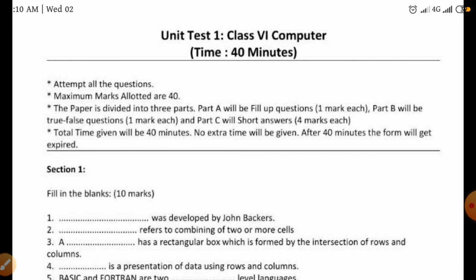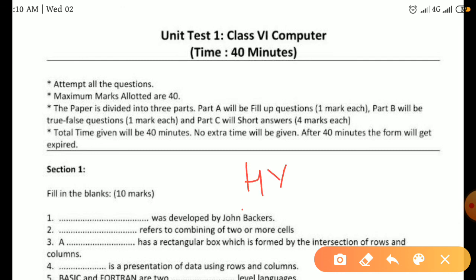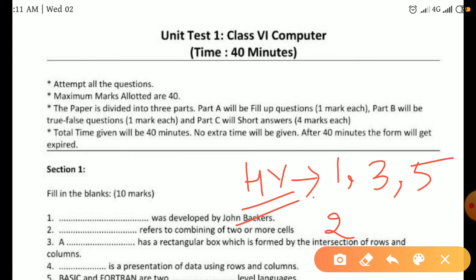Okay, now one more thing I would like to tell you is about half yearly. I hope you all are having the syllabus for half yearly one. We are having chapter number 1, chapter number 3 and chapter number 5 for half yearly. Okay, I know that we have done chapter number 2, but no problem. The reduced syllabus does not contain this chapter number 2. You cut down this one. Okay, it is not going to come in your examination. You don't have to learn this chapter.